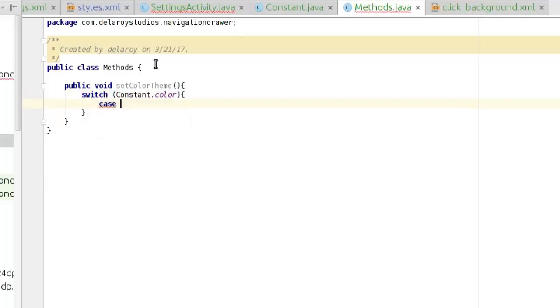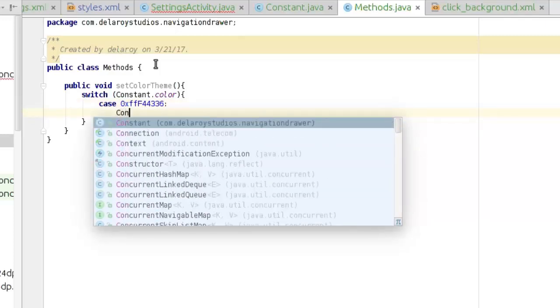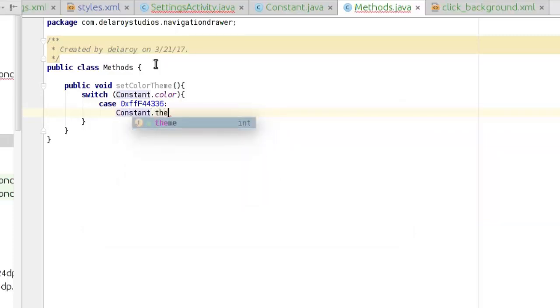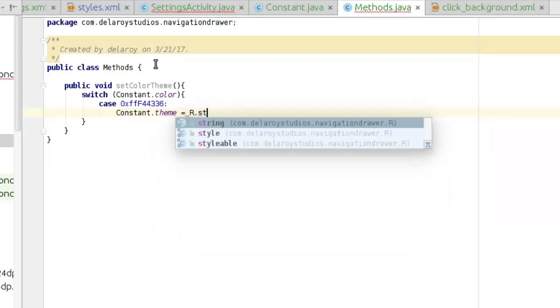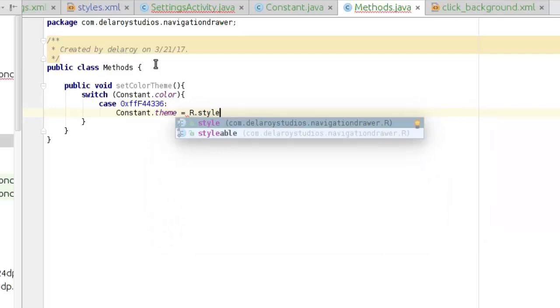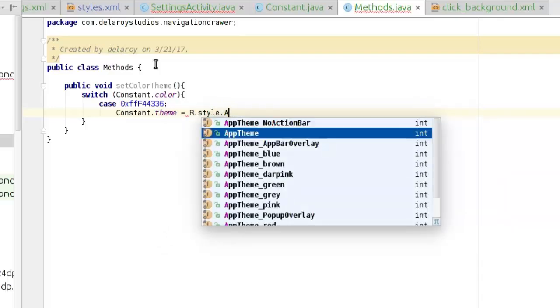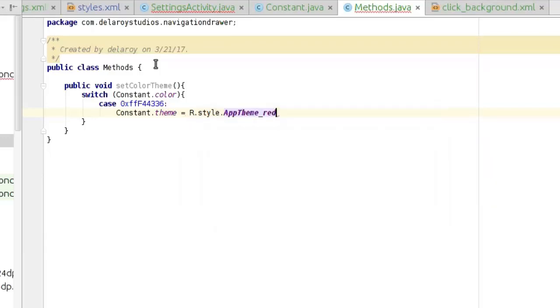First case, the color code is 0xFF6. To get that, you must be accurate with what you're doing. You call constant as a class, and you point it to the theme. You need a theme. As you're setting the theme, you can see the way you're setting them. You're calling app theme. You'll be calling red over there. Break. The next case,